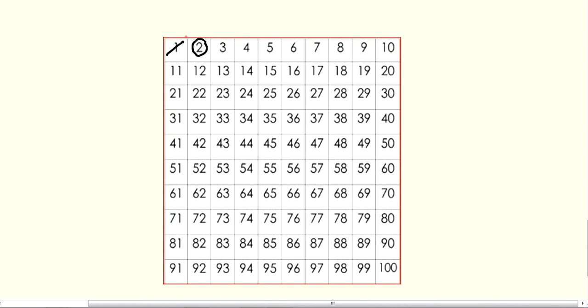So encircle 2 and now strike out all the other numbers which are exactly divisible by 2. As you know, 4 is divisible by 2, so strike it out. 2 3 ja 6, 2 4 ja 8, 2 5 ja 10, 2 6 ja 12, then 14, 16, 18, 20, 22, 24, 26, 28, 30, then 32, 34, 36, 38, 40, 42, 44, 46, 48, 50. Since these all numbers are divisible by 2, that's why we are striking them out.